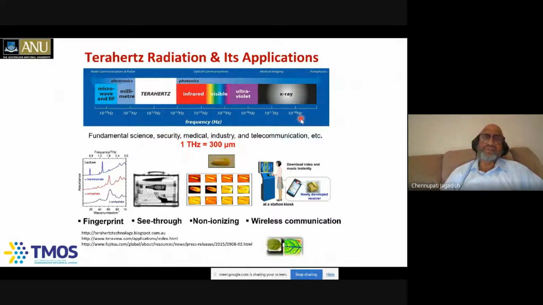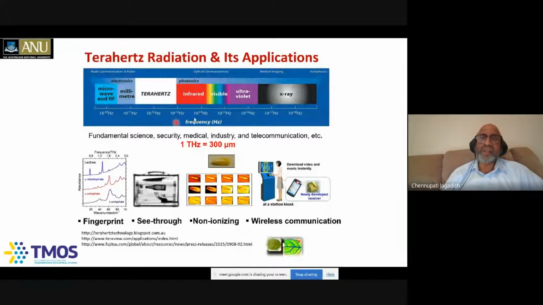So till now, I've spoken about nanowire lasers, ring resonator lasers and nanowire LEDs. And now let me move towards terahertz radiation. Terahertz radiation really falls between electronics and photonics. In electronics, we talk about high speeds, microwaves, radio frequency and millimeter waves. In optics, we talk about UV light, visible light and infrared light.